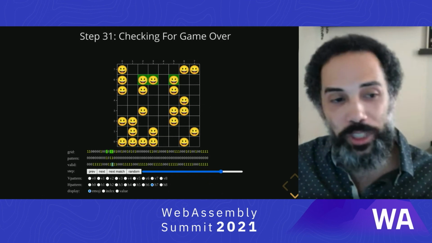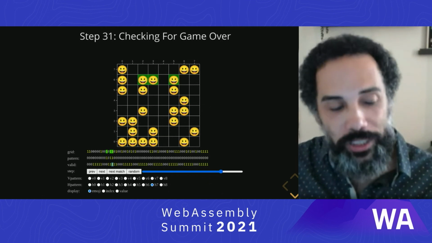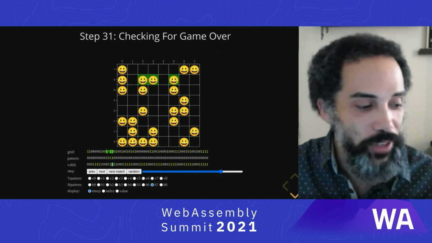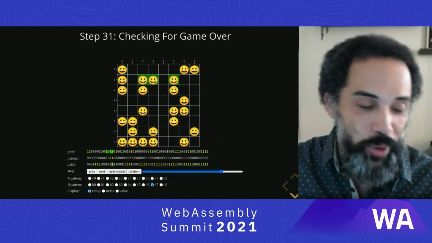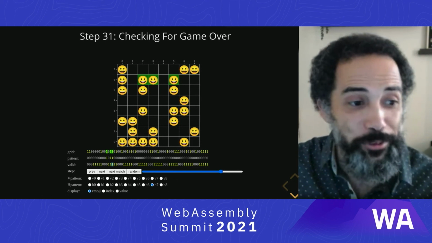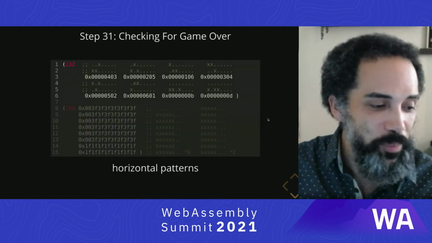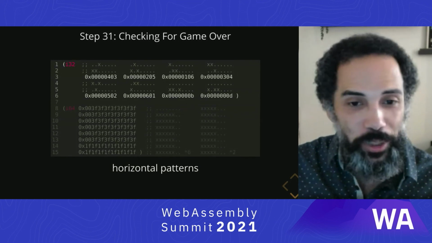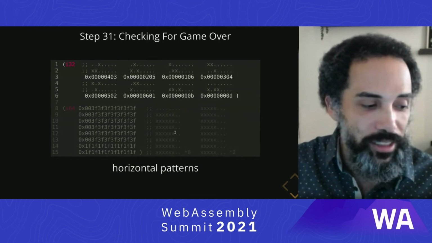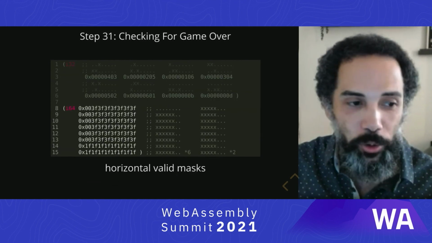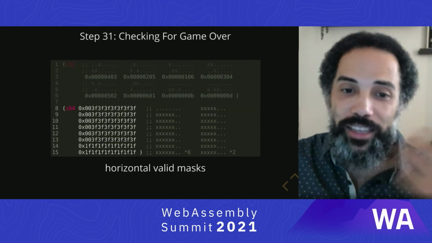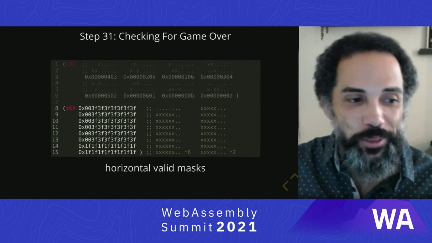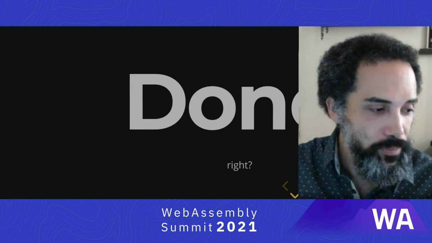All we're doing is using a different pattern, but now if we check all these different patterns, we can check for game over. If we don't find any patterns, that means that we don't have any cells left to swap. So yeah, again, feel free to play around with this. Just showing you some of the patterns here. This is one of the really cool things about keeping it small. We just add new data in our horizontal patterns and our horizontal valid masks, and that shows us that we can expand to a lot more cases with the same amount of code.